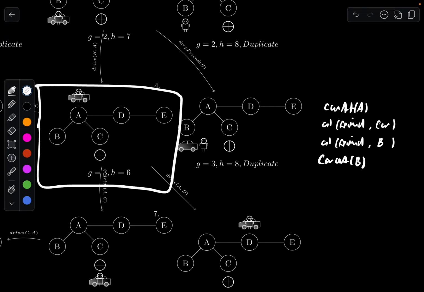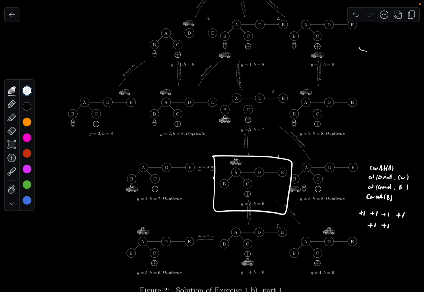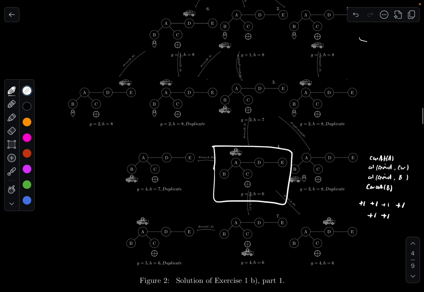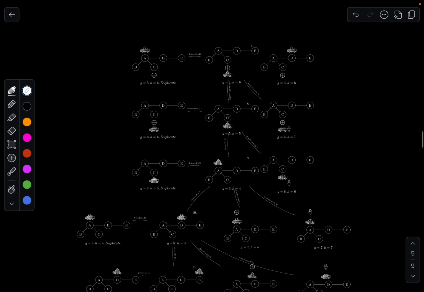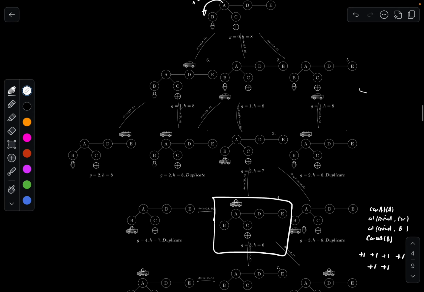So now let's just check it out. What do we have to do for us to get the pizza? So we have to drive still. Let's drive first to C. So that's +1. Pick up the pizza +1, right? Then drive to D +1. Drive to E +1. Drop the pizza, drop the friend, +1. So that's 6. So that's what the H plus heuristic means. We're not going to do this because I don't think they're going to ask this in the class. So this is ridiculous, but you get the idea. This is pretty much exercise 1. So yeah,